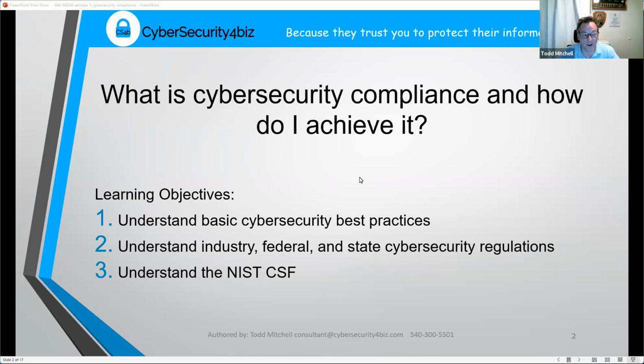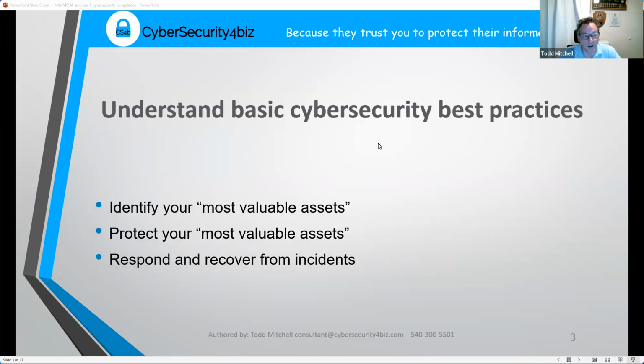And the third thing is we're going to understand the NIST cybersecurity framework, which NIST stands for National Institute of Standards and Technology. It's an organization that's funded by the government and administered by academia, and they're responsible for making standards. A lot of times they operate in the background. Nobody really knows who they are, but they're the reason why a USB is a USB and fits into all devices, as well as many other things that they have built a standard on how people need to do it.